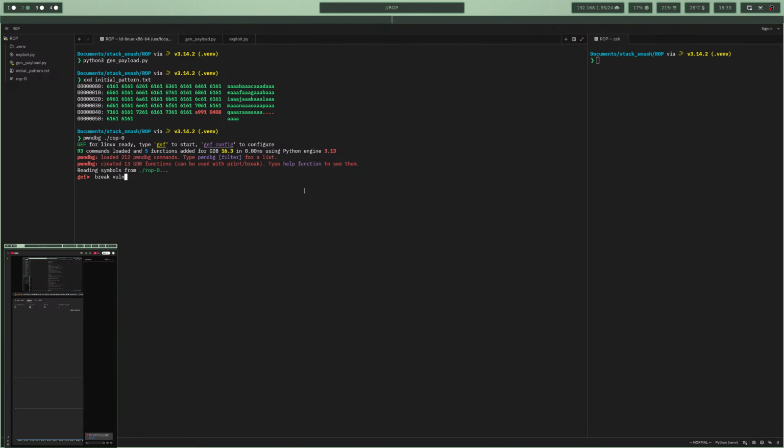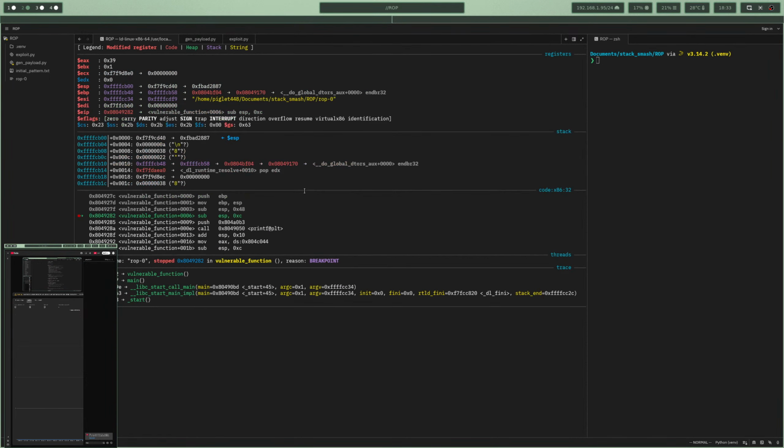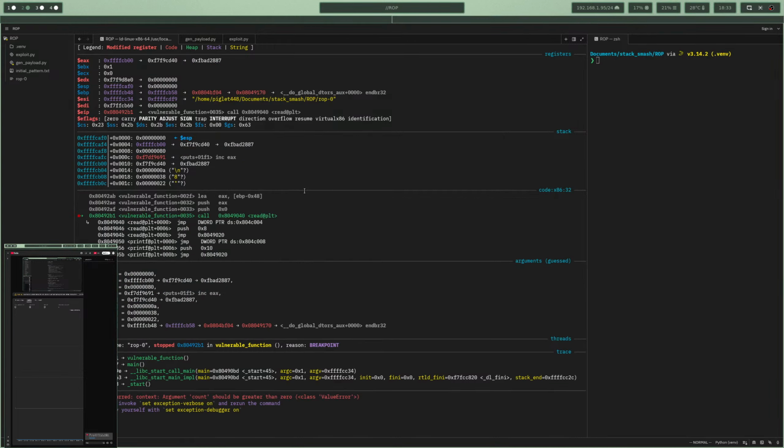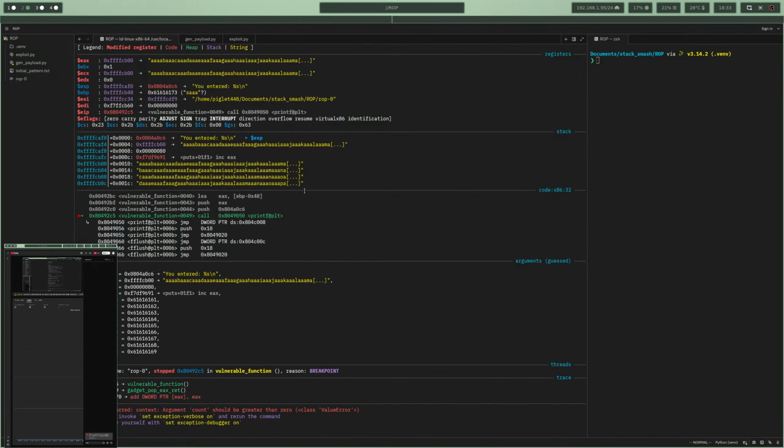since we know there's a function called vulnerable function, let's break at that, run it with the initial pattern, and we'll do next call up until read. Okay, and here we go. It's pointing to the gadget. Should be the pop EAX instruction, and then